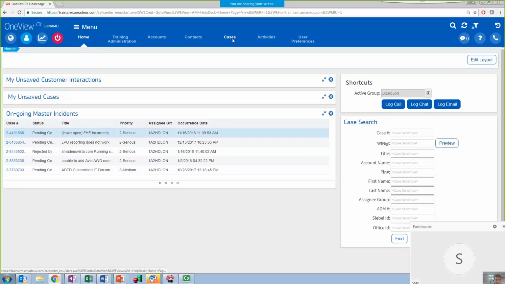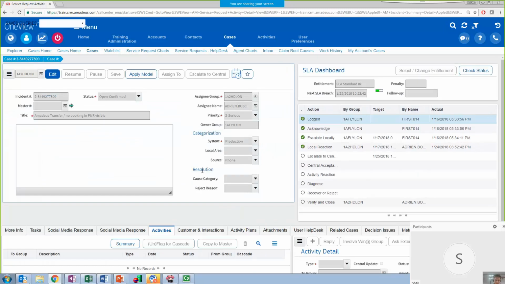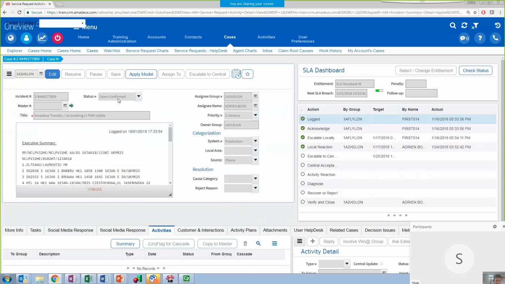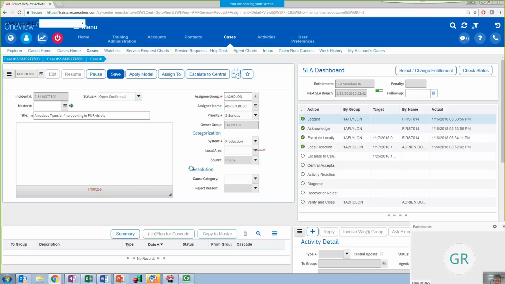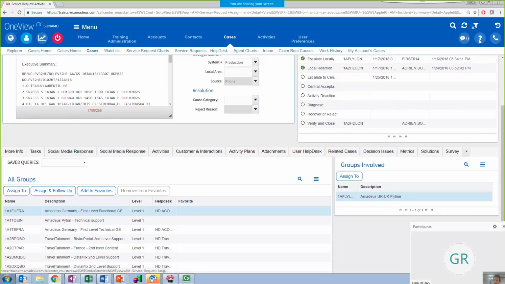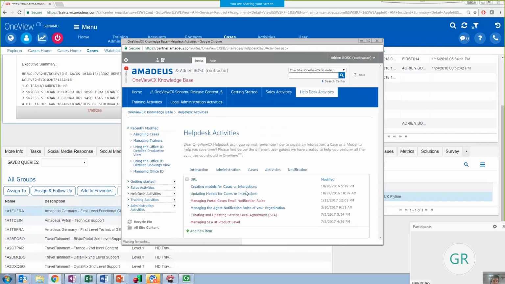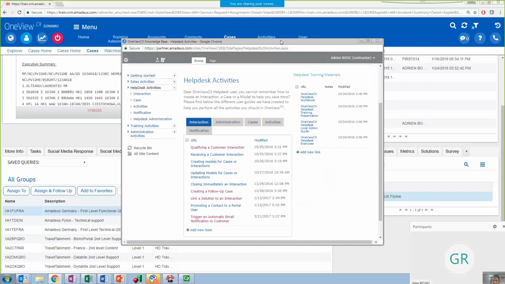So let's assume that I go to my inbox, working on a case, but I cannot remember what the difference is between assign to and assign and follow up. Okay, assign. I click on the question mark button and I have no page for this. But that was not a good pick.